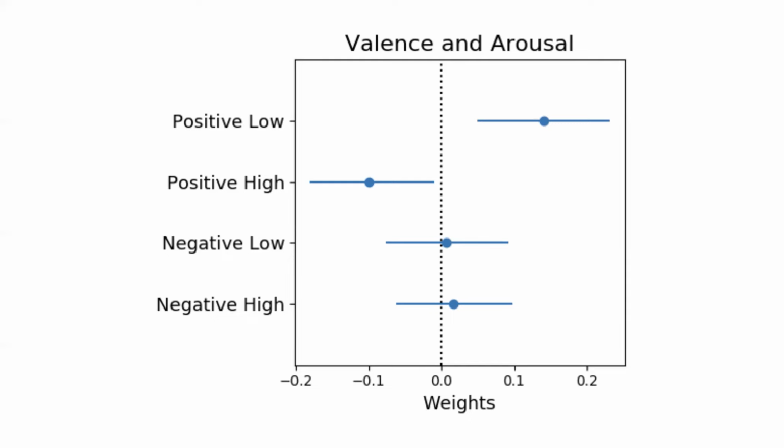So negative emotions did not differ substantially from 0, whereas the positive emotions did, and they did so in an interesting way. So we divided the positive emotions into higher arousal emotions like excited versus lower arousal emotions like content or relaxed. And you can see that there's a very substantial positive relationship between these lower arousal emotions and accuracy. So that's a little bit surprising. And what's perhaps even more surprising is that the high arousal emotions, like excited, showed a negative relationship with accuracy.